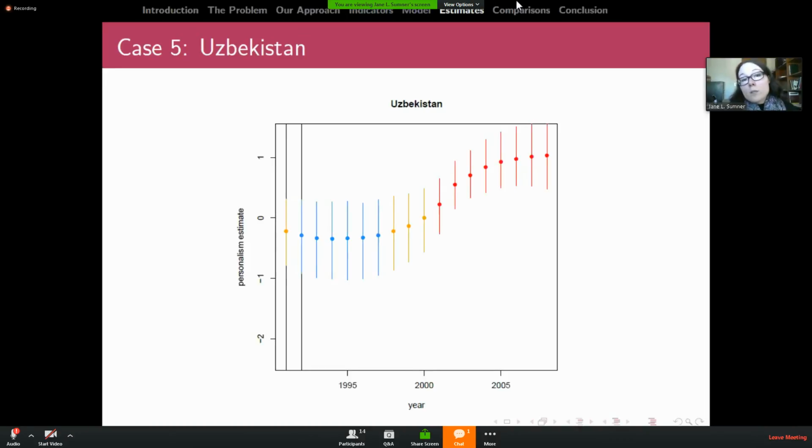So our data only go up to 2008, but as we saw in the news in 2016 when he passed away, by that point he had consolidated so much power in himself and was so unconstrained that it was actually unclear who was supposed to succeed him, if he had even died, and how the regime was going to continue in his